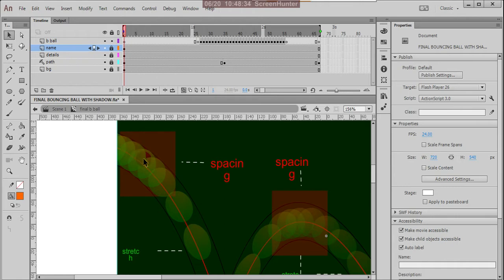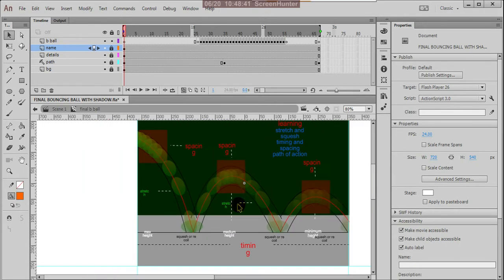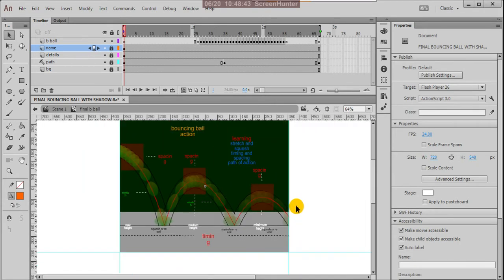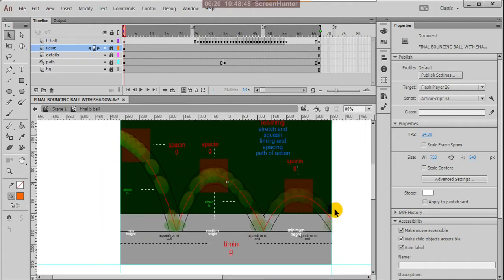Then the timing is from the first ball to the last ball. When the ball is entering the room at the first ball and reaches the last ball, if you measure between the first and the last ball, that is the timing of the action, the timing of the bouncing ball.